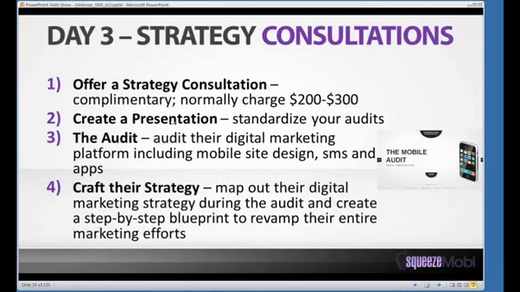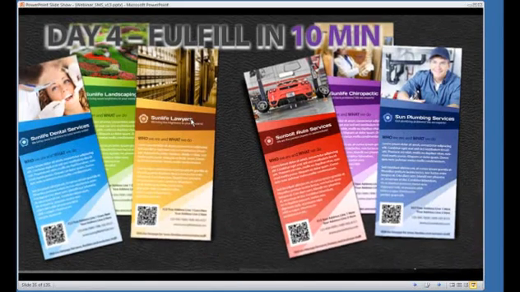And this business is pre-qualified. You say, oh, but what if that business is not ready to shell out money? They've just spent $25,000 on Groupon. Do you think that they're not going to have $500 for you to create a simple mobile site for them? Of course they are. All right?